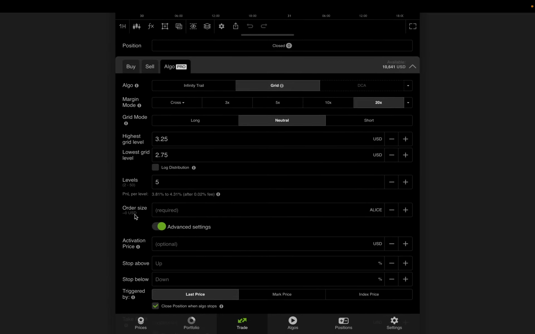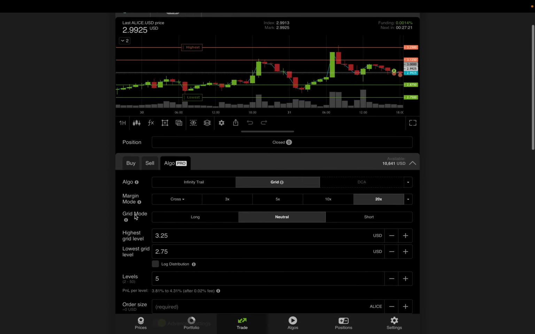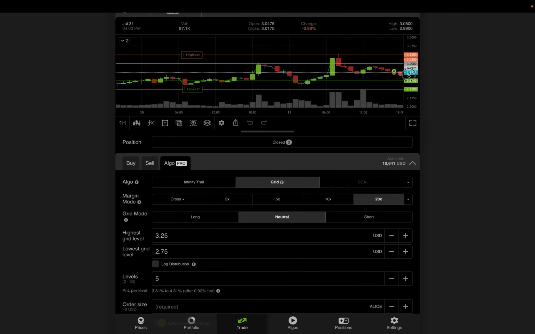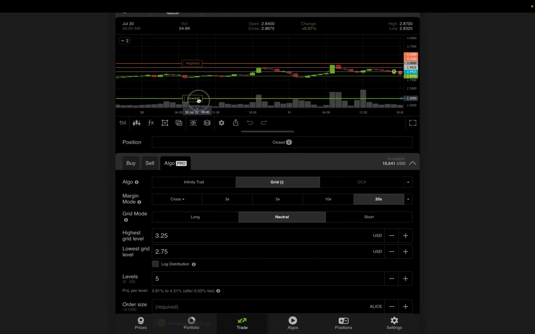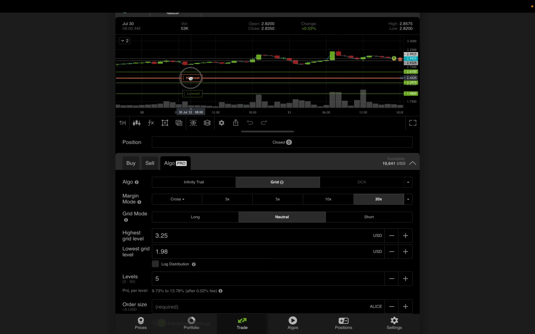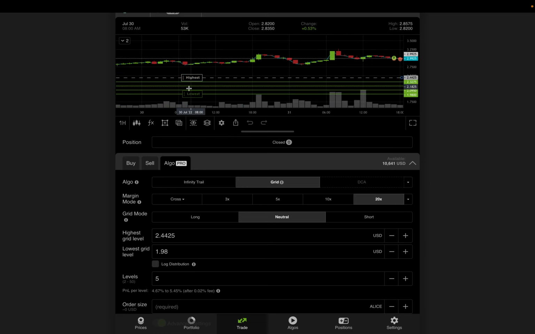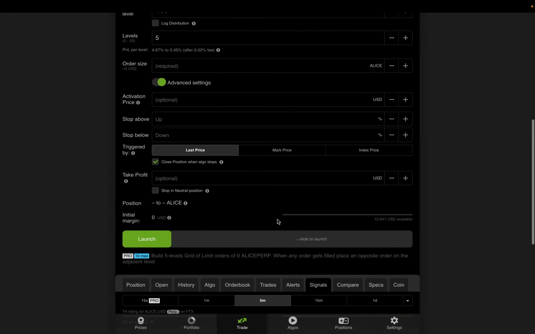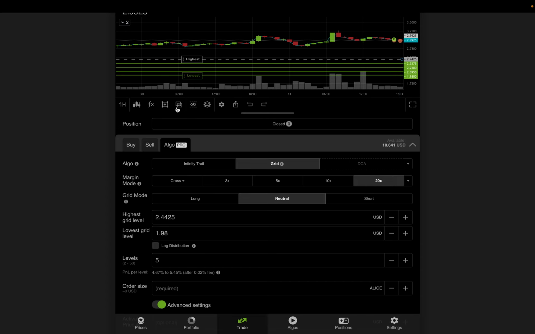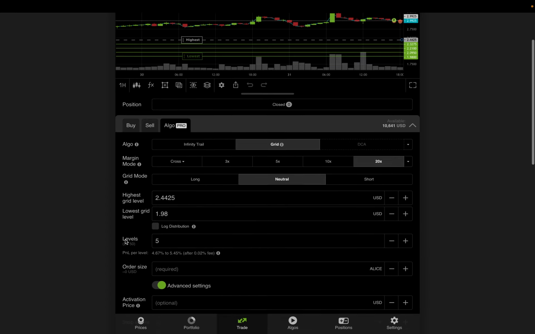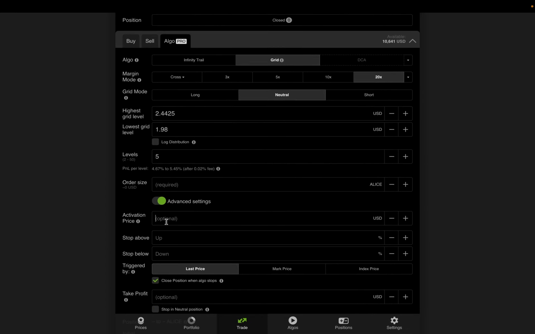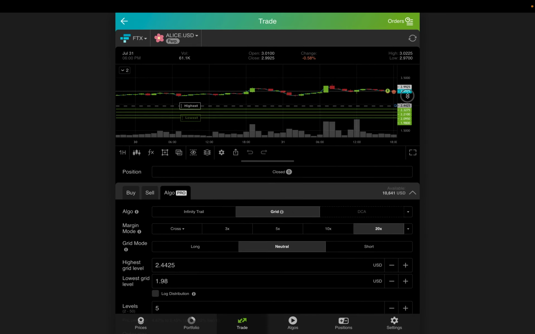What that actually means is that if I put a grid here, now if I just launch it, it will activate immediately, or at least it will place those orders on the exchange immediately. But I can specify an activation price, for example, 17,000. And